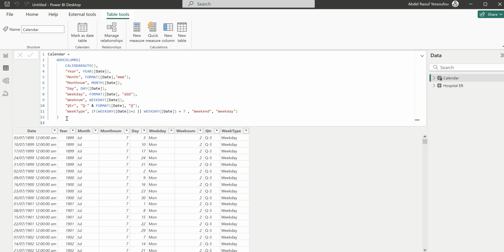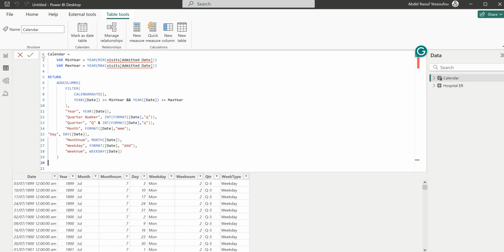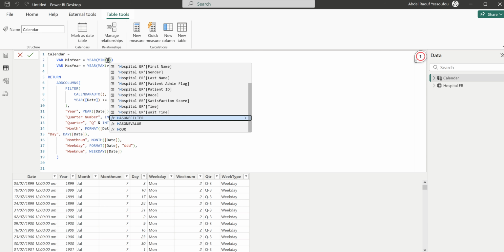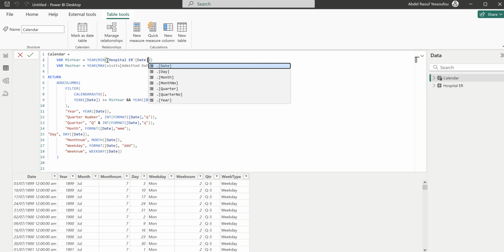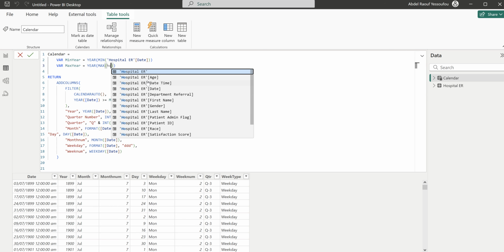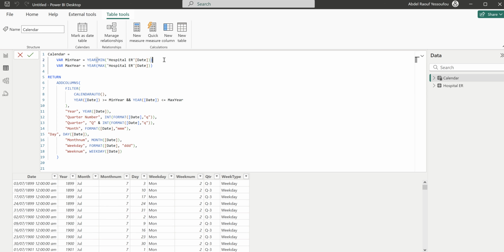What we need to do is, let me show you this. Here we have the hospital date, so I'm specifying this date. I need the minimum year, and then here I need the maximum year. So it's only going to look at this column in the table, get me the minimum year, get me